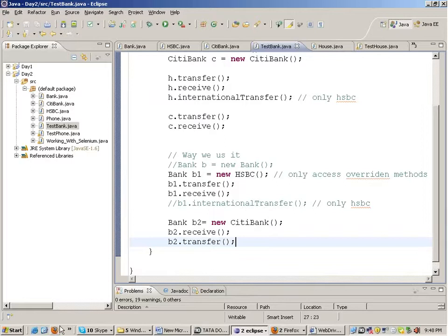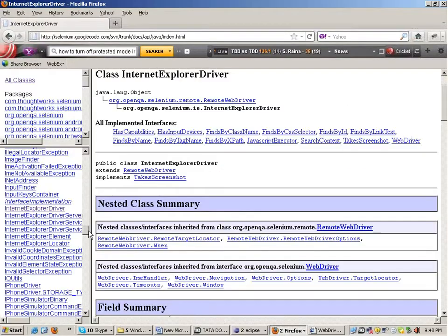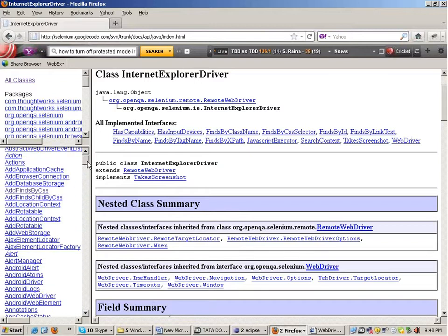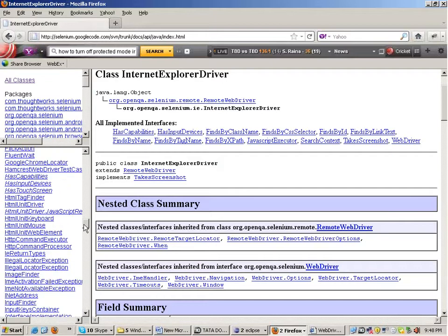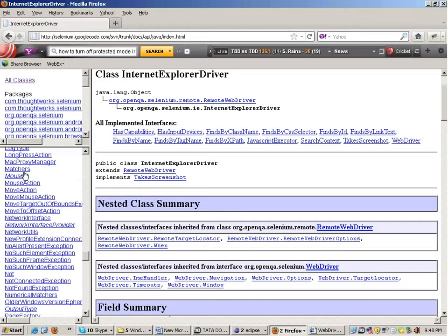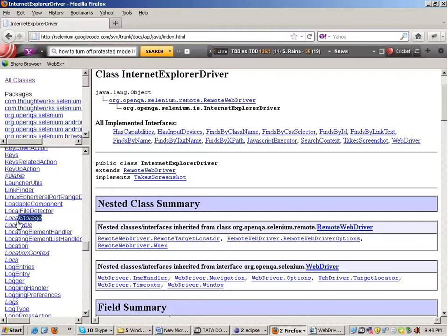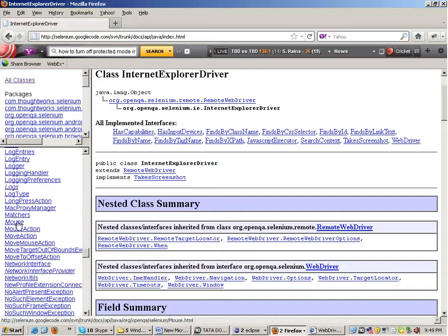Okay. Well, if you open up the documentation of Selenium, then here we have all the classes, right? And all the classes which are in italics, for example, this Mouse class is in italics, this is an interface. Again, NetworkConnection or LocalStorage, this is an interface. Locatable, this is an interface. Okay, so whatever is in italics is an interface.